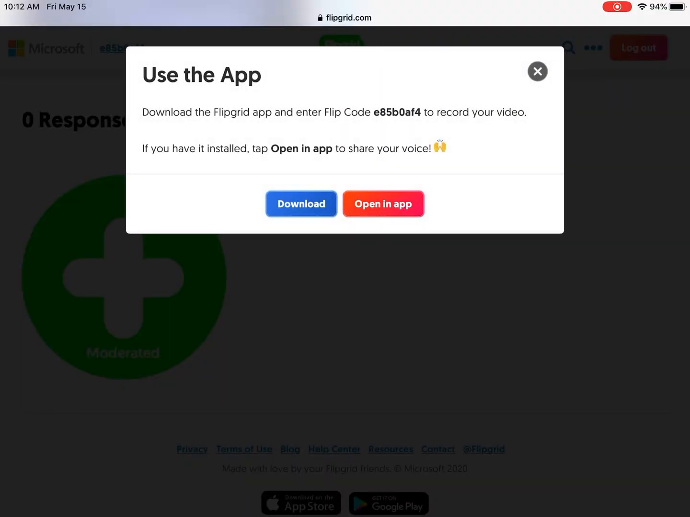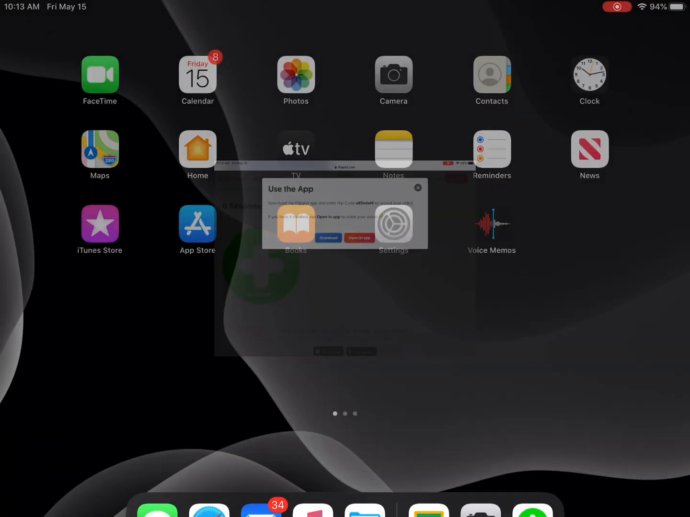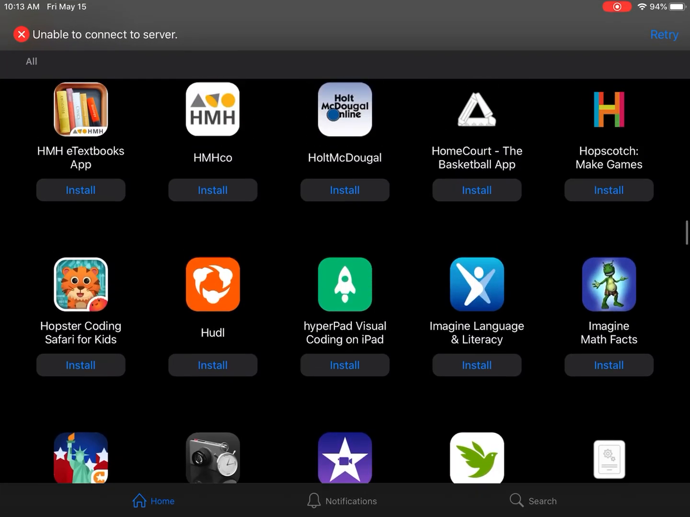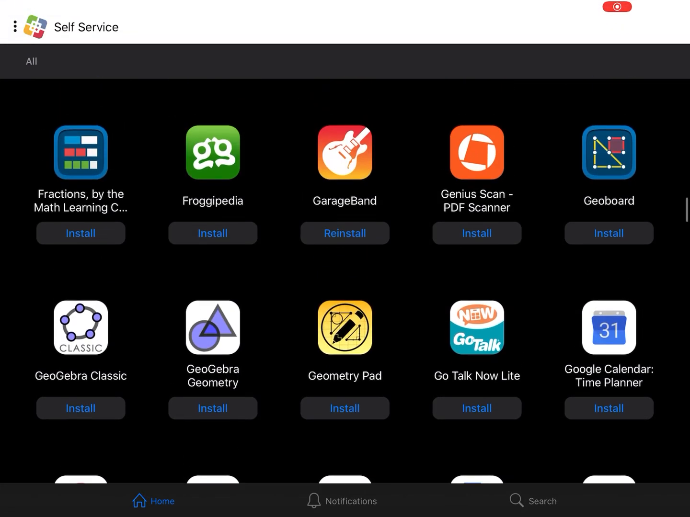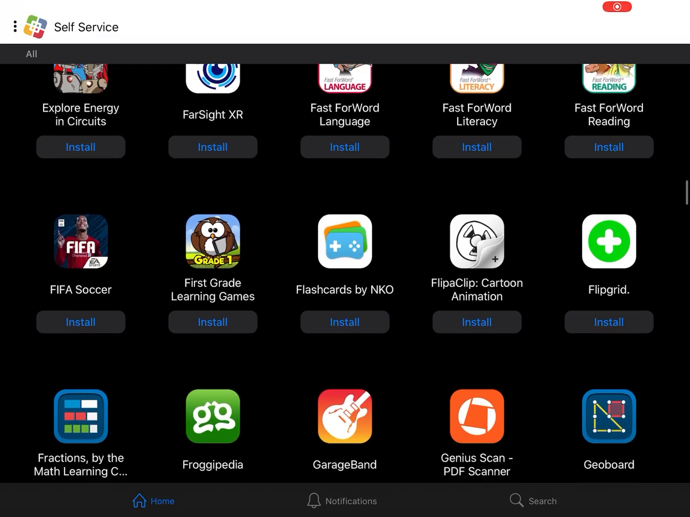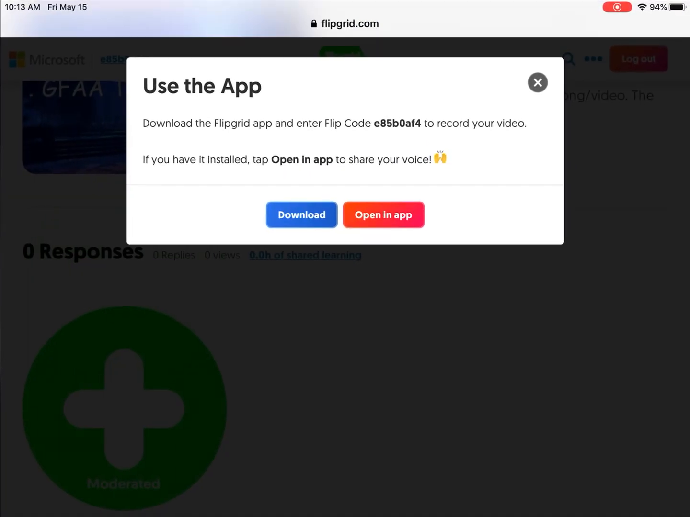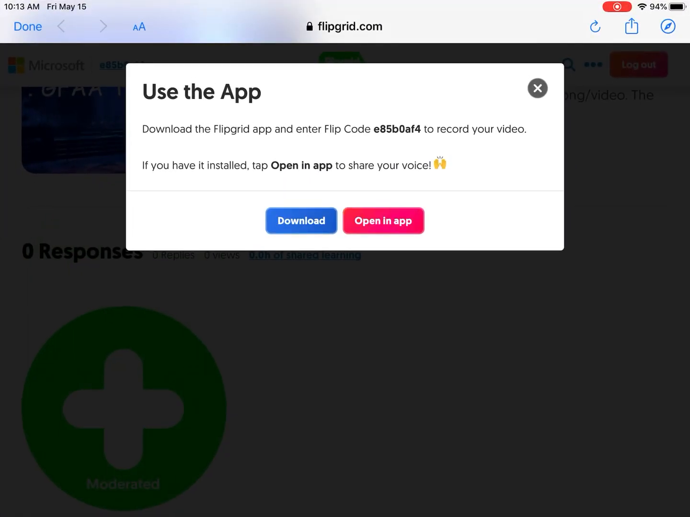And some of you may get this notice, some of you may not, depending on if you've installed Flipgrid to your iPad. So I'm actually going to switch over to self-service. So you're going to need to log into Content Keeper, go into self-service, and there's Flipgrid in the middle row on the right side. You can see it has that same symbol with the green circle and the plus sign. So I would install that to my iPad, and then when I go back to this page, then I can say open in app,